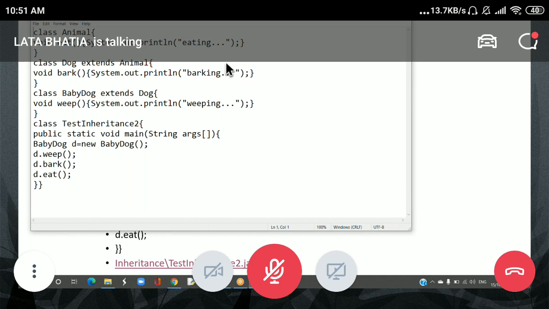Which is the parent class here, or which is the super class?